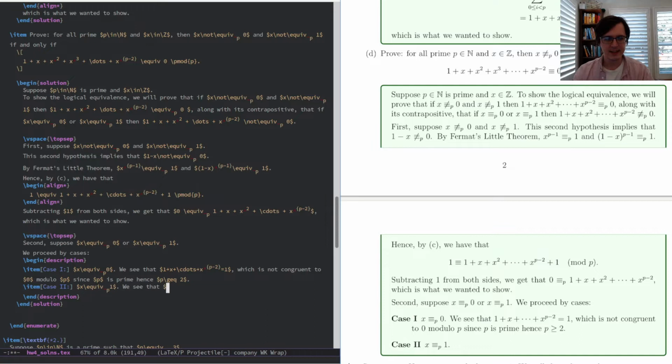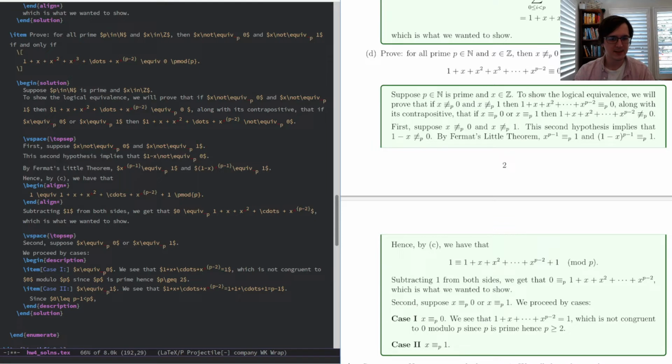We see that 1 plus x plus dots plus x to the p minus 2 is 1 plus 1 plus dots plus 1, which is p minus 1. And since 0 is less than or equal to p minus 1 is less than p, again, for p greater than or equal to 2,